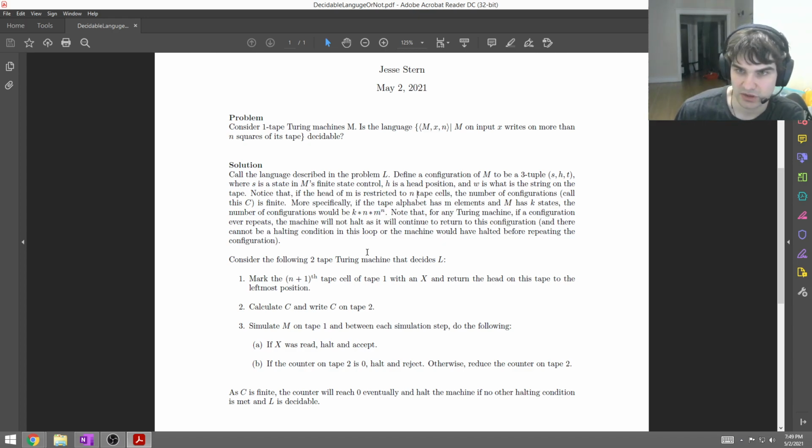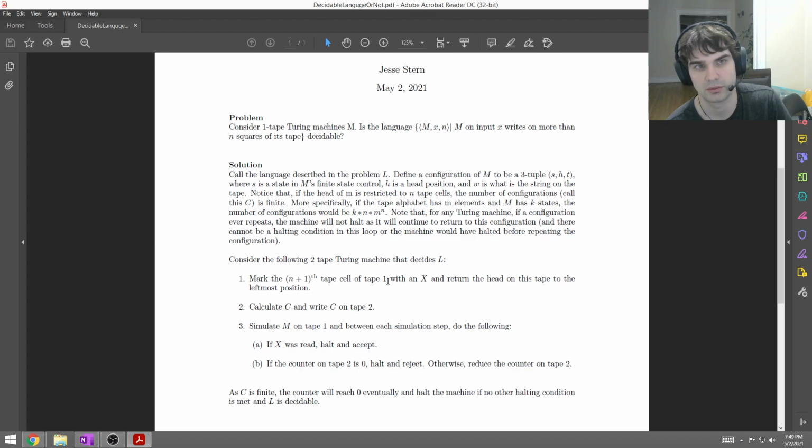So note that for any Turing machine, if a configuration ever repeats, the machine will not halt, as it will continue to return to this configuration, and there cannot be a halting condition in this loop, or the machine would have halted before repeating the configuration. This is